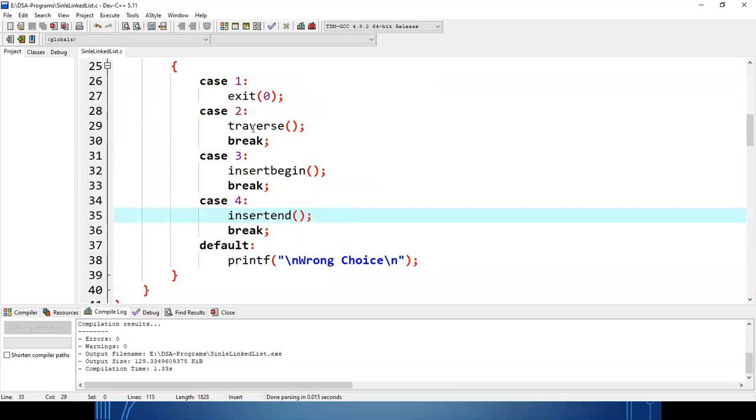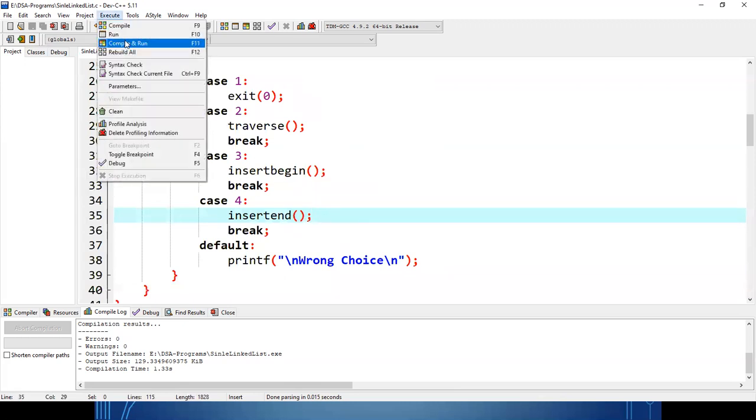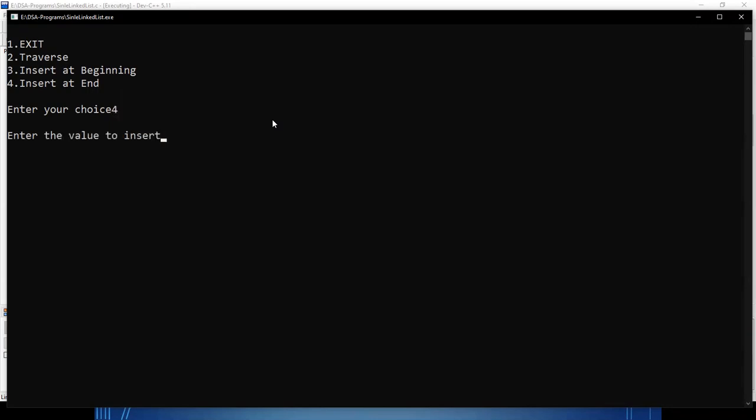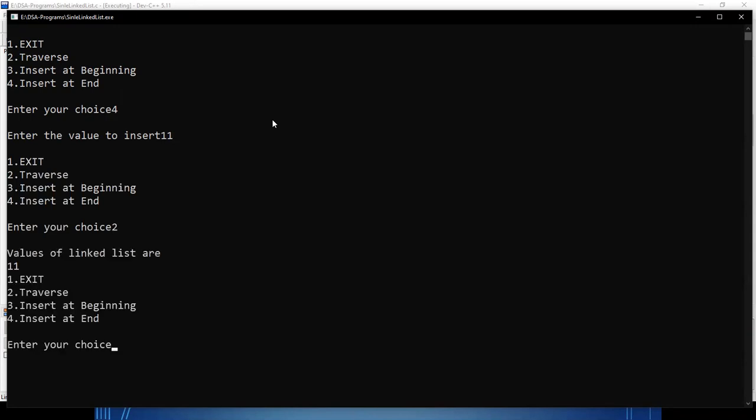Okay, so let us compile. Done. Option has been given. So suppose for insert end I'm directly choosing 11. So this is the first node I have created. So instantly if I traverse, I'll get the value 11. Check, 11 is here.